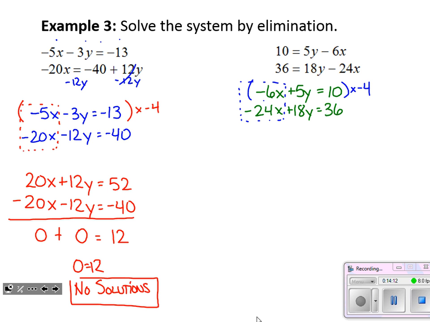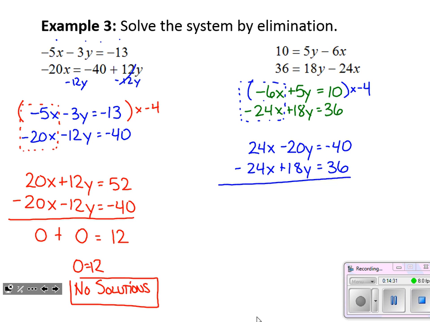So let's see what our system of equations looks like now. In the top, when I multiply in that negative 4, I get positive 24x minus 20y equals negative 40. And then the second equation I did not change. Now I'm all set up so that when I combine like terms, my x terms will cancel out. I will end up with negative 2y when I combine those like terms, and that equals negative 4. Oh, look at this nice little equation I quickly arrived at. I can easily solve for y now, divide both sides by negative 2, and find that y equals 2.